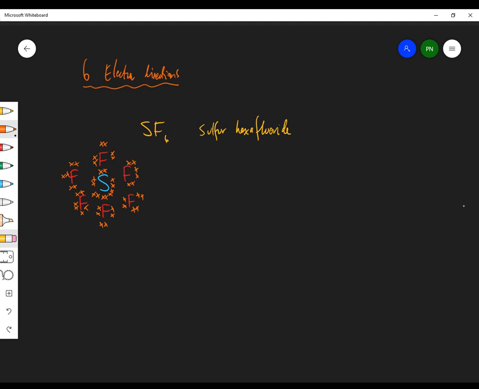Which in itself is quite interesting, but I'm not going to go into why it has. But if you look at the central sulfur, there's 12 electrons. But 12 electrons is equal to 6 pairs of electrons. And 6 pairs of electrons means 6